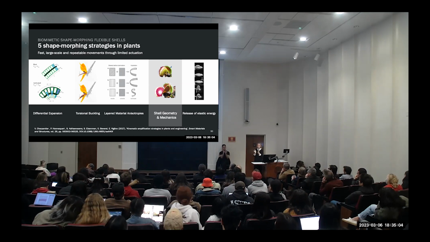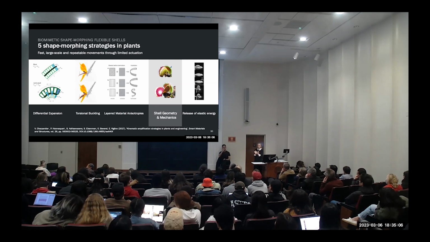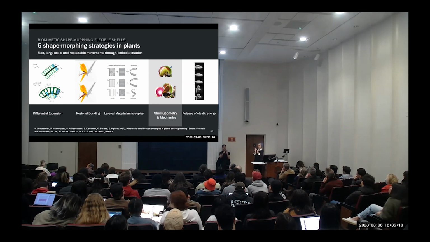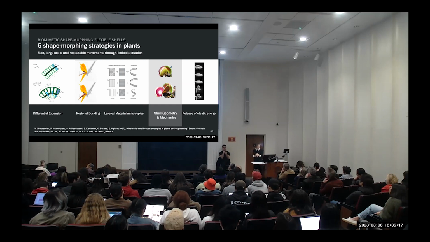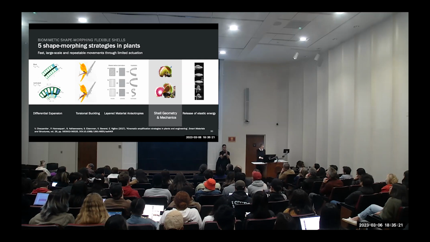So the Venus flytrap is a shell. Once there are little sensors on there, once the plant senses that there is a fly, it actually inverts its curvature and traps the fly, and then eventually eats it. And that happens because this bending of the shells is actually comparable to the stretching of the shells.